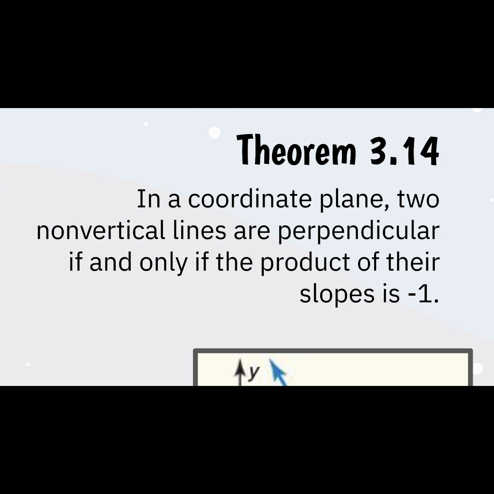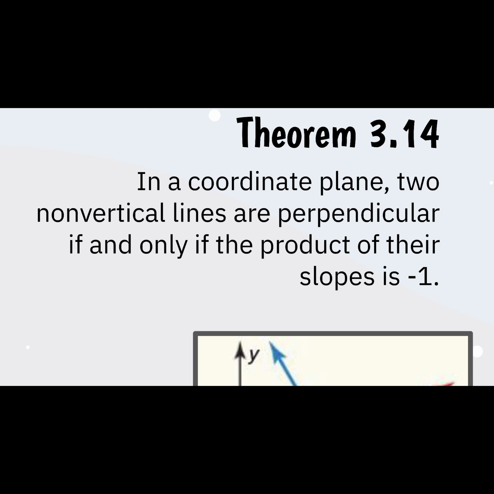Yeah. 3.14. In a coordinate plane, so on a graph, two non-vertical lines are perpendicular, so they intersect at 90 degrees, if and only if the product of their slopes is -1. So, like in our example, I guess I can just write it right on here. In our example, we had